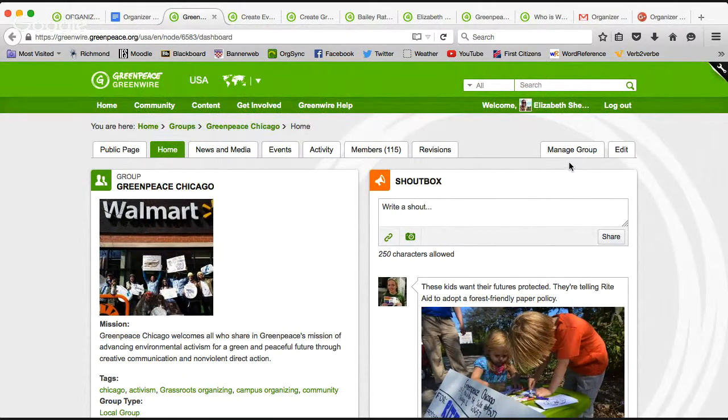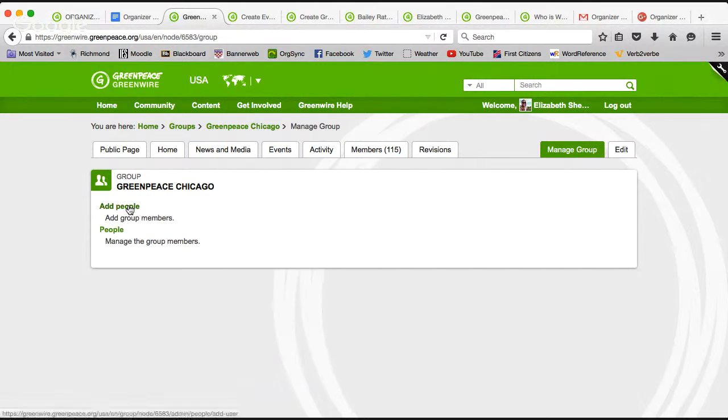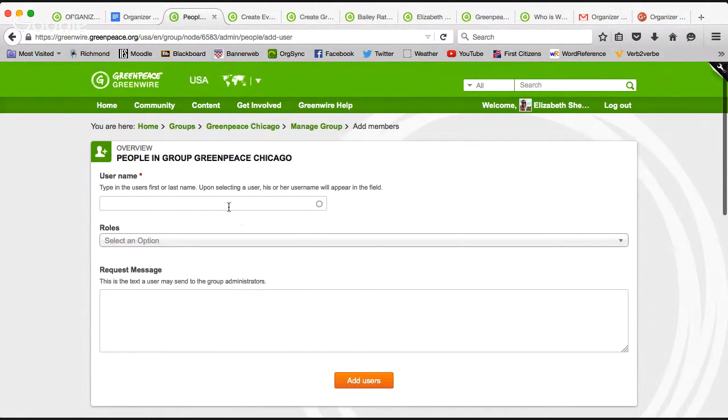Cool, so the first thing I'm going to do is add people to this group. So if I talked with a volunteer that's really excited and I want to add them to this Greenpeace Chicago group, I can just click Manage Group and then Add People. And I'm going to type that person's username.